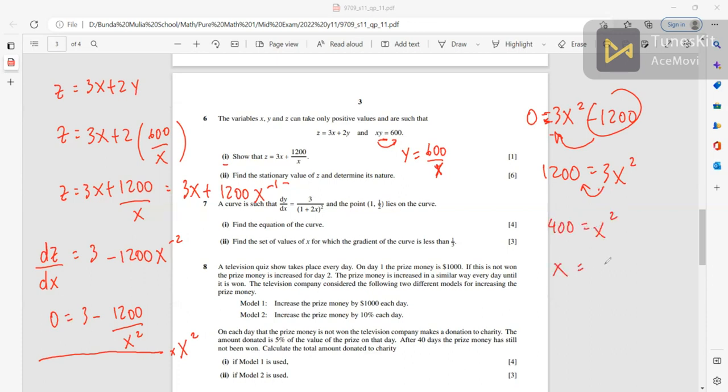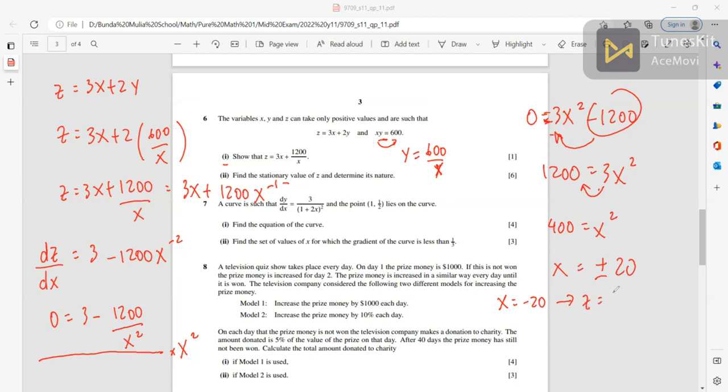So x equals plus minus 20. If x equals plus minus 20, then when x equals minus 20,